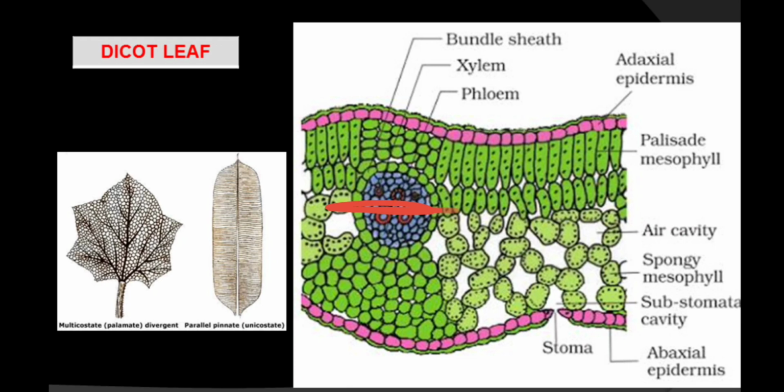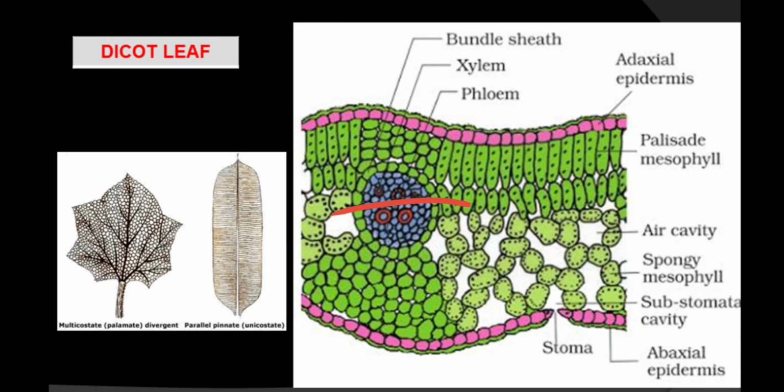Just remember it. Which type of vascular bundles does the leaf have? They have conjoint, collateral and closed type of vascular bundle. Conjoint means phloem and xylem are on the same radius. Collateral means one side xylem and the other side phloem, and closed means no cambium ring is present in that.